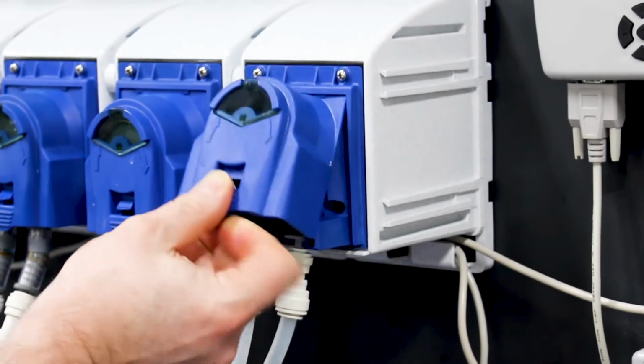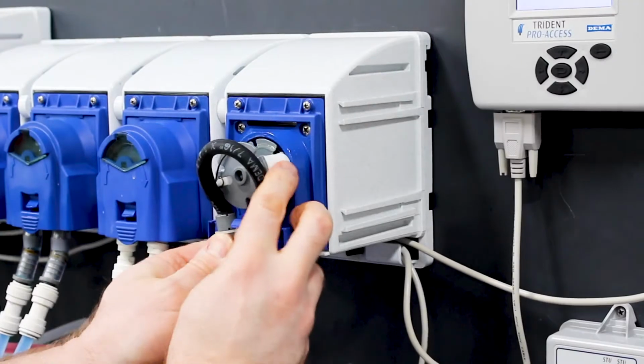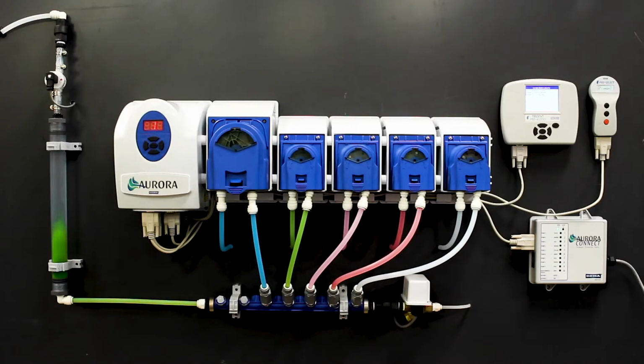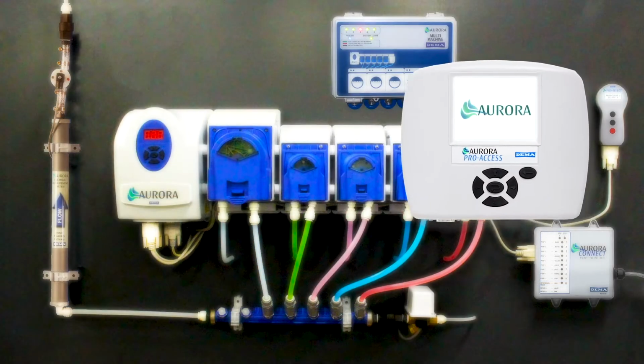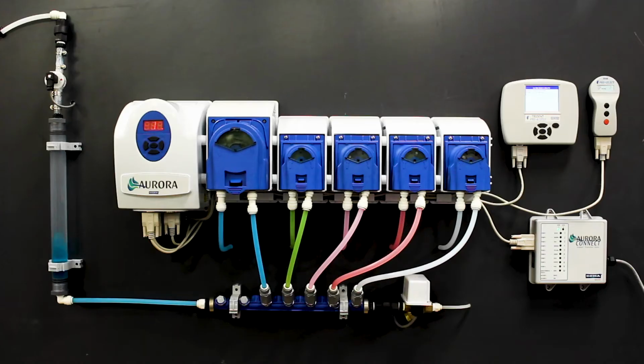Aurora blends smart device technology with DEMA's mechanical innovations, such as quick change pumps and durable gear motors. The Aurora is the best option when looking for a system that accurately dispenses chemicals while tracking use, formula, and other data. Aurora will save you money by no longer wasting chemicals, and it will save you valuable time previously